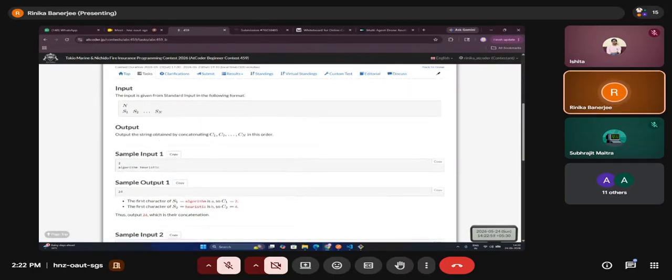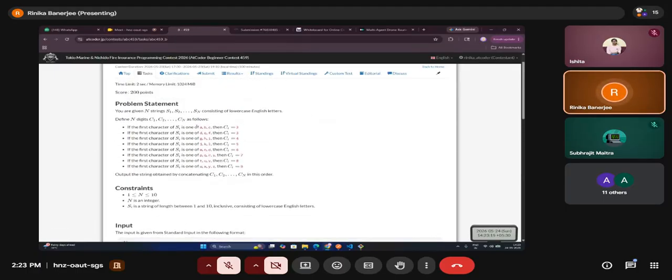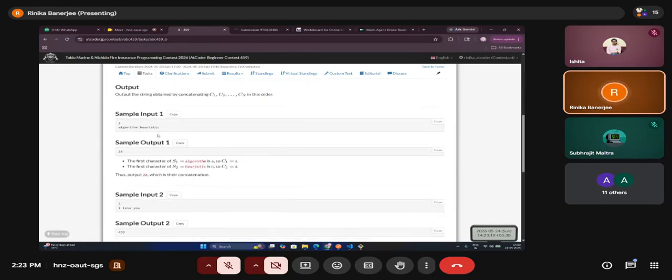Let's see the sample inputs. Here n is 2, that means we'll take 2 strings. One string is algorithm and another is heuristic. We check the first character of string 1, that is A. A lies in the range A, B, and C, so we append 2 to our answer.